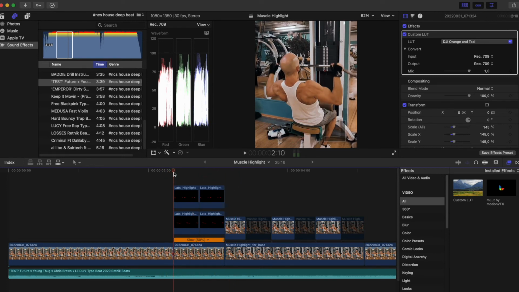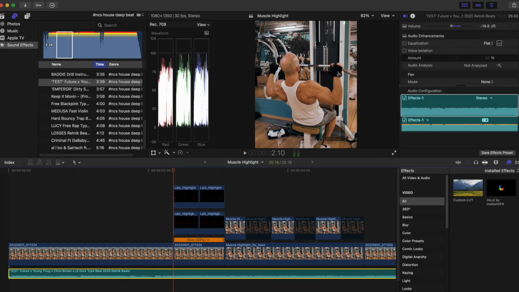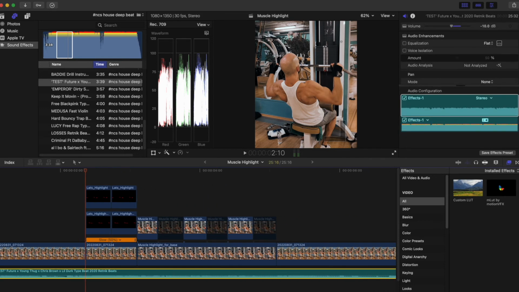I usually then make the music a little bit quieter, so we need to play with keyframes just for the music. We select the track, go here on the top right, select keyframe, then move just, for example,